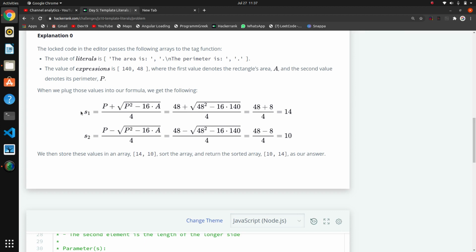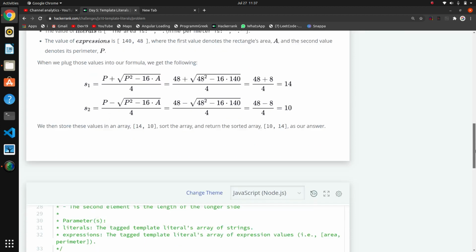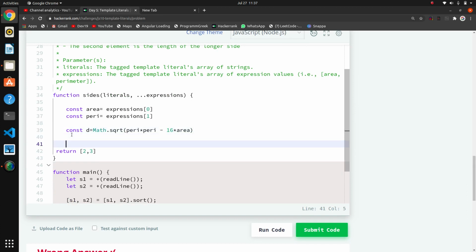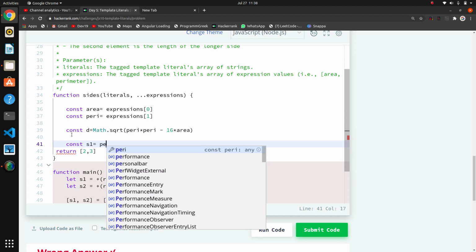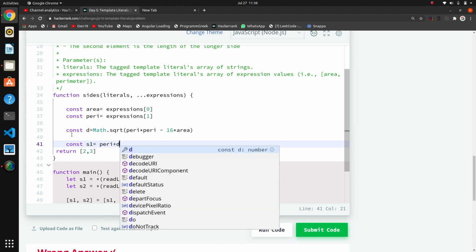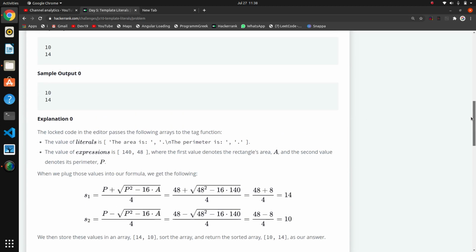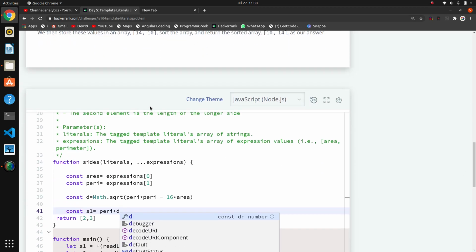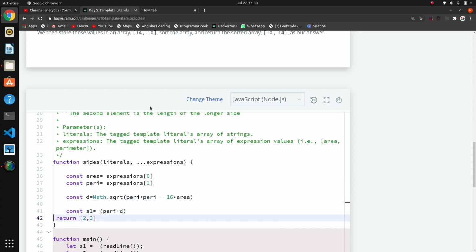Now we want to find these two values s1 and s2. So p plus and p minus. Here I will take another two variables, s1 and s2. s1 is equal to peri plus d, divided by something? Divide by 4 is what we needed. So here I will take peri plus d divide by 4.